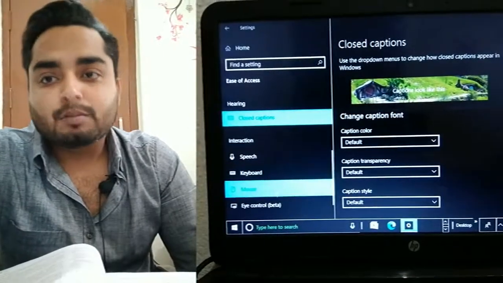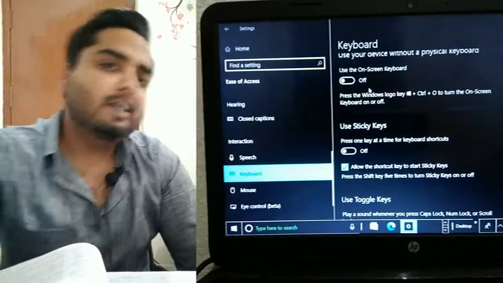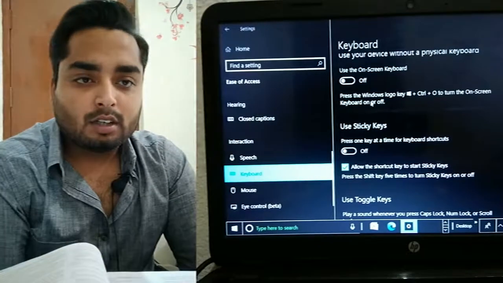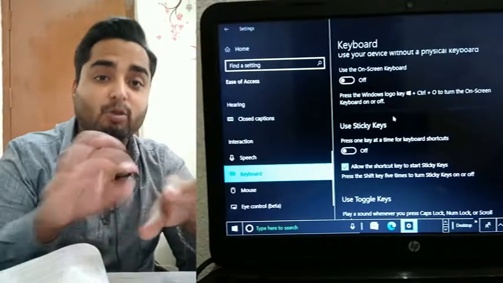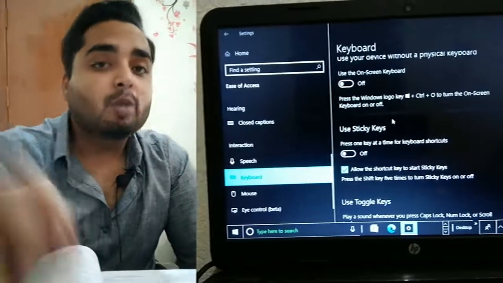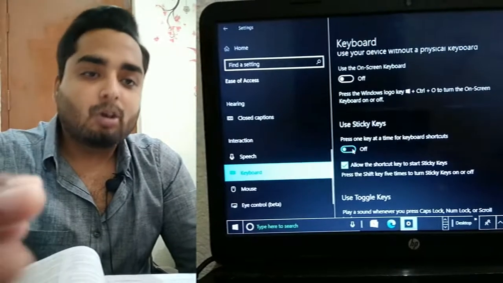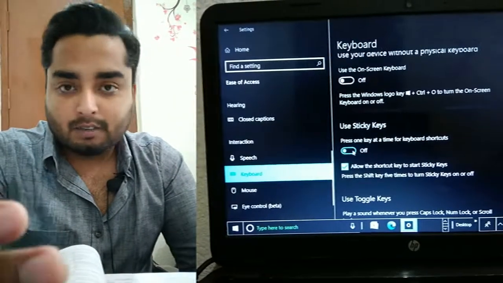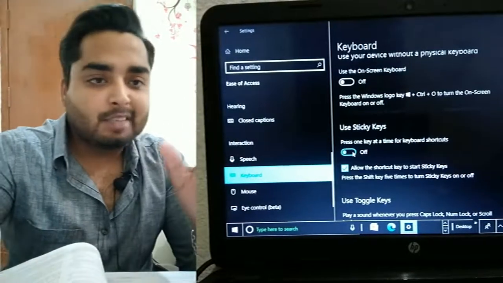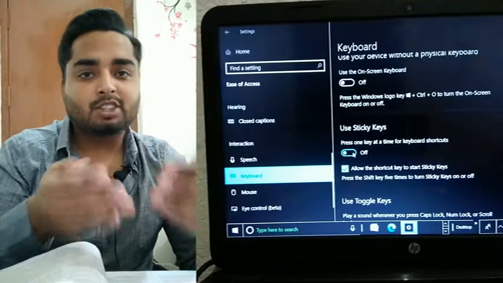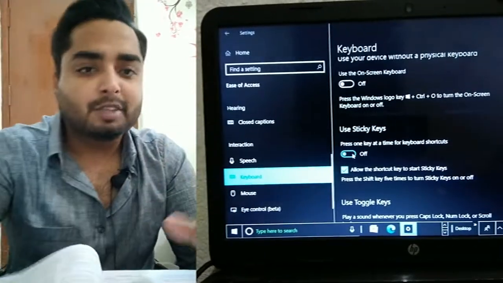Now, in the keyboard options, we have some options like sticky keys. We have seen the on-screen keyboard, how it can be used by a person who is physically or motor impaired. Sticky keys are also for physically impaired or motor impaired persons. As the name suggests, sticky means something that gets stuck in between.